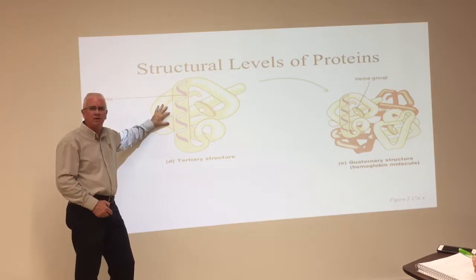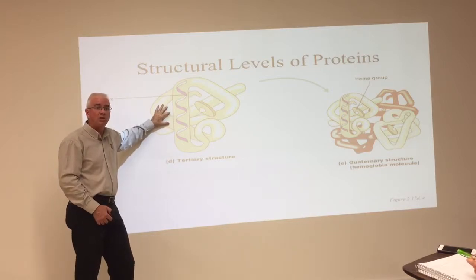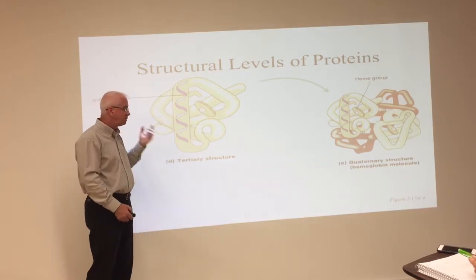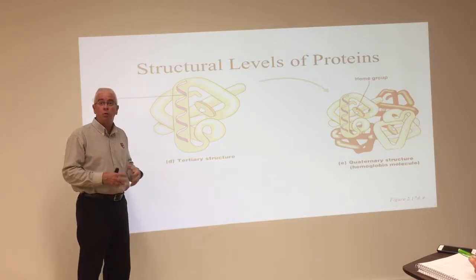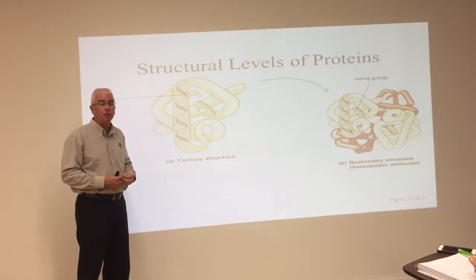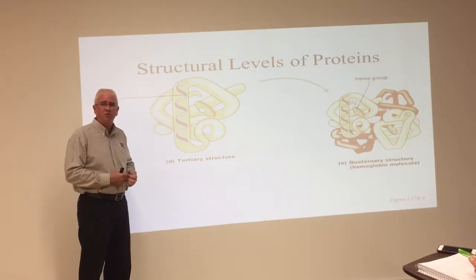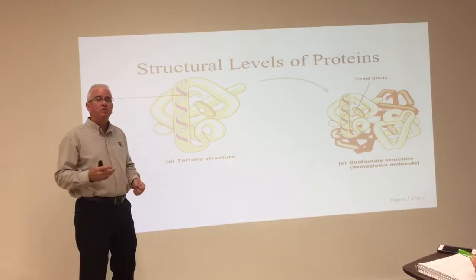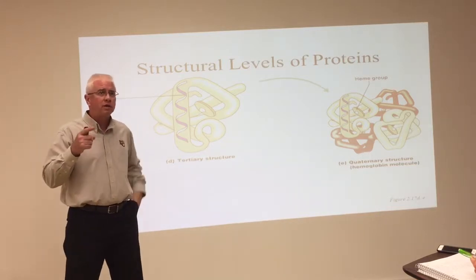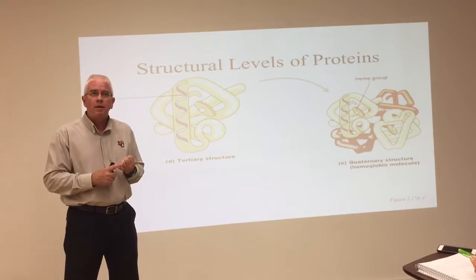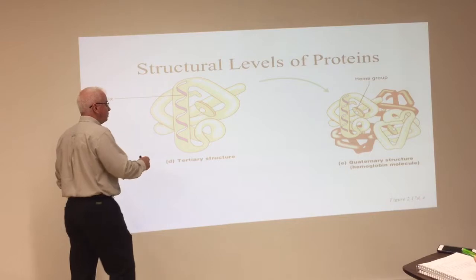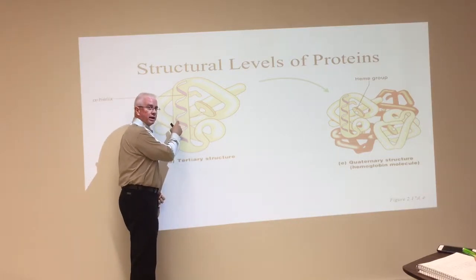And you think, well, why should I care? That's a fair question. Why should I care how it folds? Well, let me give you one example, because this is an example here of hemoglobin. Hemoglobin is a large protein, well over 400 amino acids in a hemoglobin molecule. And hemoglobin, as most of you know, carries oxygen around your body. Well, as it turns out, if you substitute one amino acid, if there is one amino acid out of place on this guy,